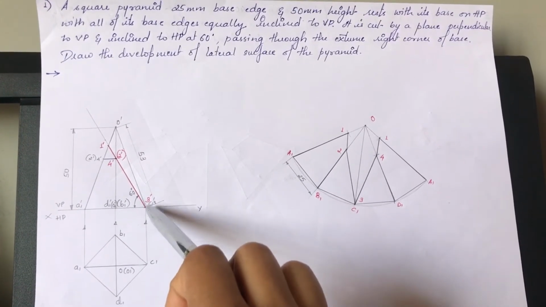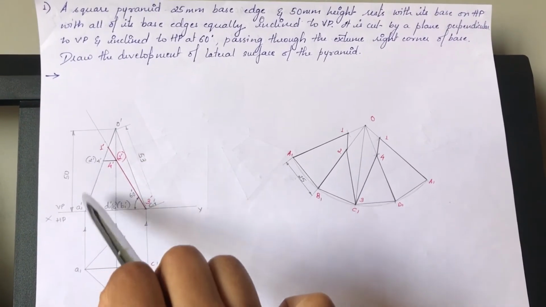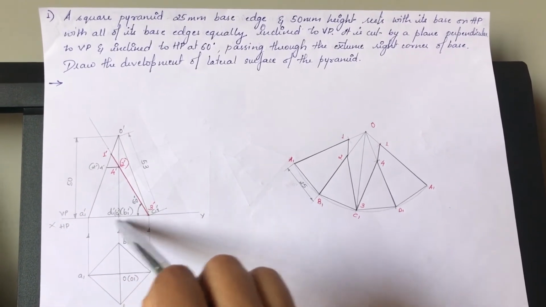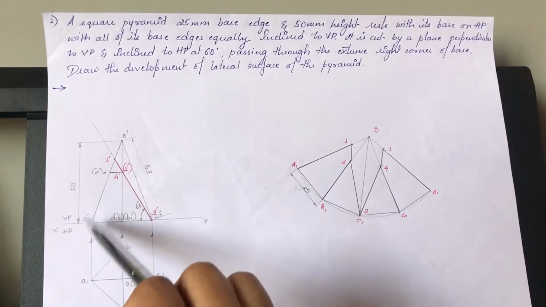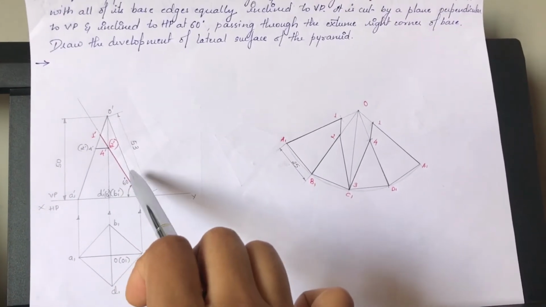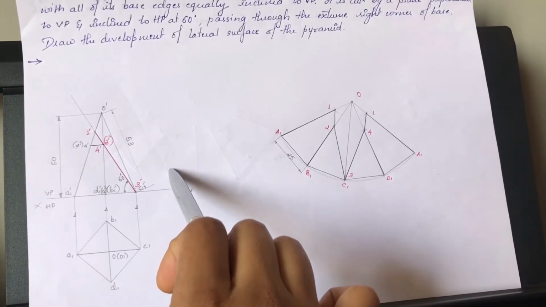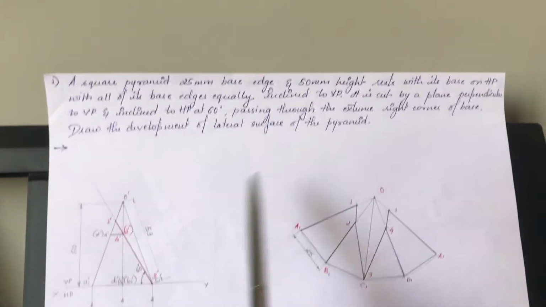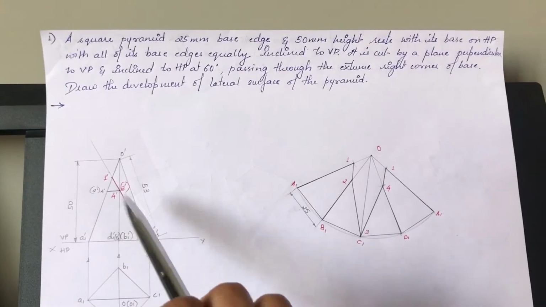Once you get this apex, you then join all the slant edges with respect to the projections that have been made. Remember, this is a pyramid and not a prism, so you do not get a rectangular front view. Rather, it is going to be a pyramid, and this is how it looks in its front view. Once you do this, the next step is to finish off all the markings, and then we will proceed to section this pyramid.